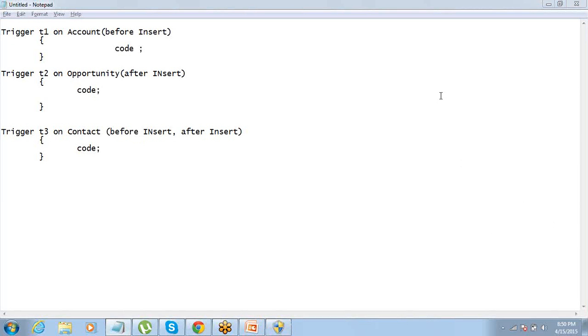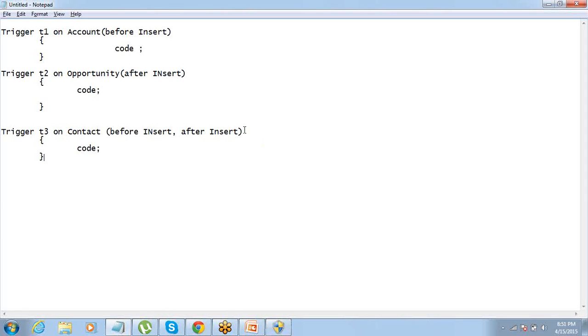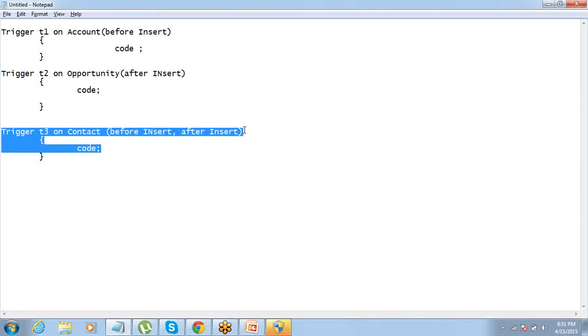So the basic syntax of the trigger we have talked about. Before we start writing the code inside it, let me just quickly log in into the Salesforce and we'll start writing code. So quickly tell me, the syntax format is clear. Now it's just a matter of what code you write inside it and what you actually want to check and what you actually want to do. So that's pure Apex. This is the syntax, that's it.